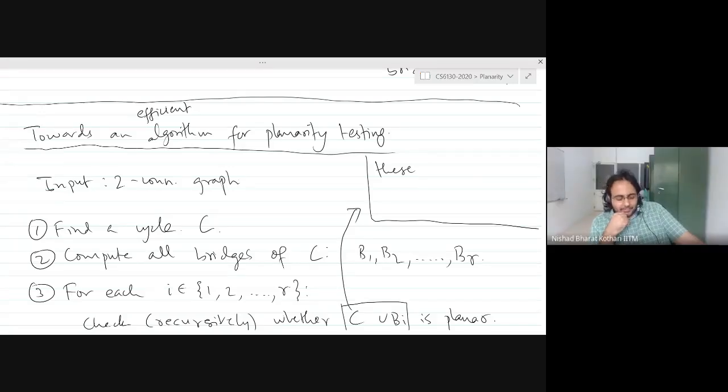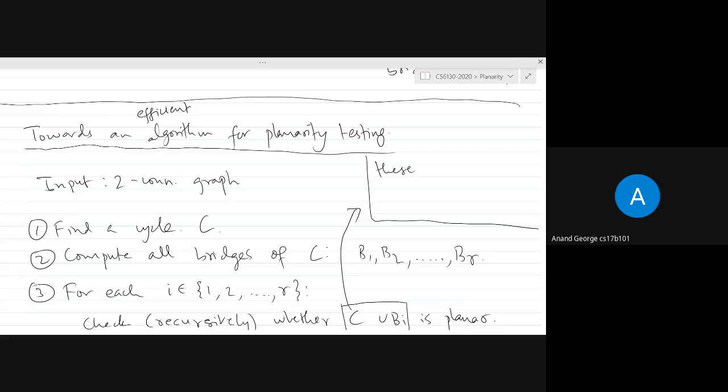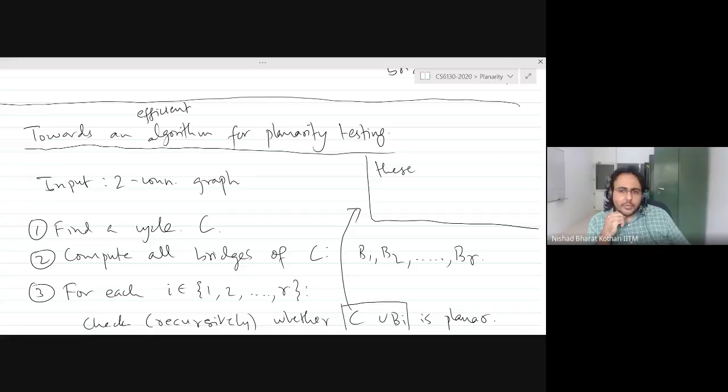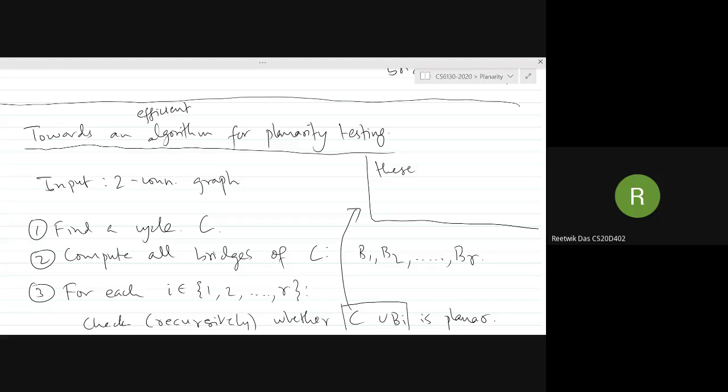If there is just one bridge, then you can check the planarity of the bridge separately. If it is only one bridge, then that's right. But even then, I don't think you can. Actually, even I thought initially, why are we taking the cycle? But for an example, if the cycle is K3, and the bridges that we have taken are the center and outside, in that case, we need to include the cycle to ensure that it's non-planar.